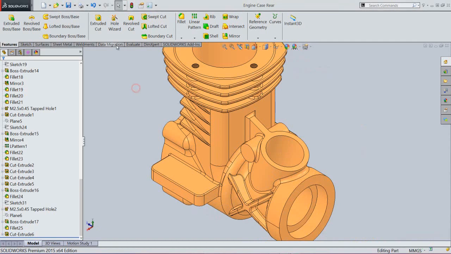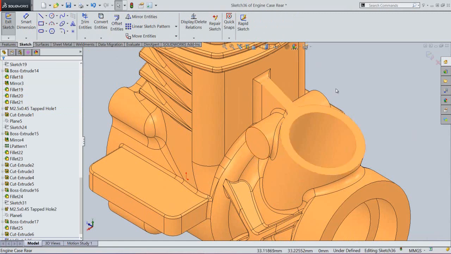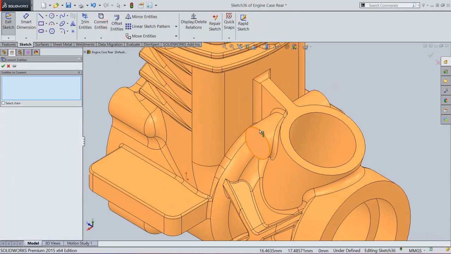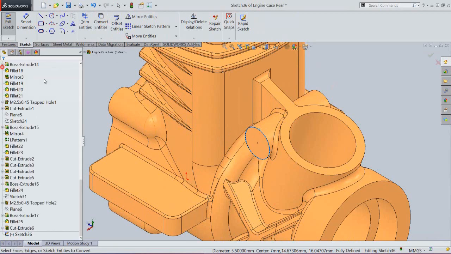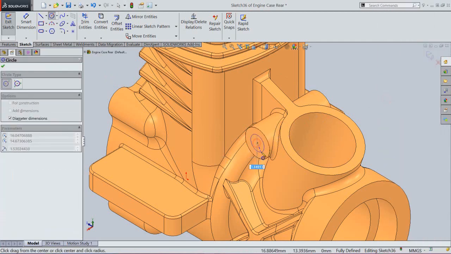Now we will create another extruded cut feature on this face. Create a circle 4 mm diameter.